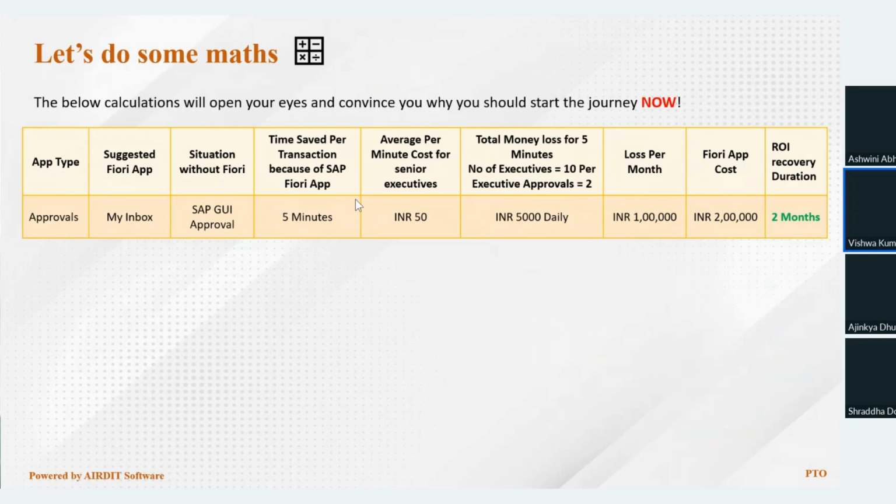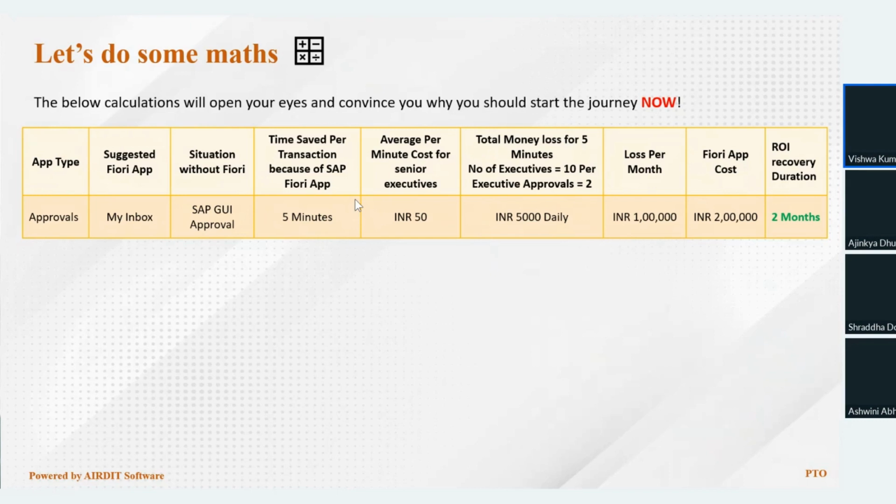So total money loss for 5 minutes, let's say there are 10 approvals going, with 10 executives, and 2 approvals sent daily, you are losing almost INR 5,000. Because once it comes on your mobile device, it will take seconds. So loss per month, if we calculate, you are losing almost